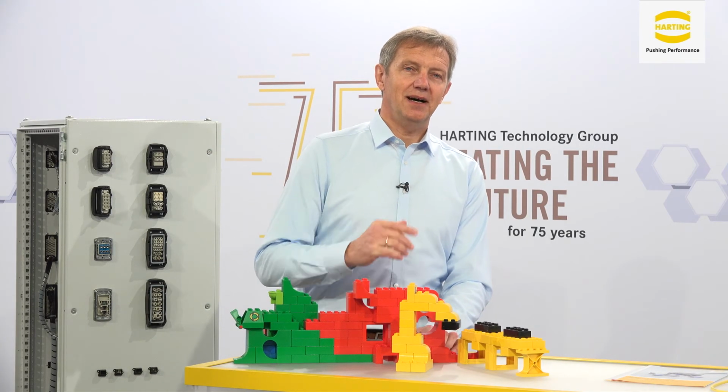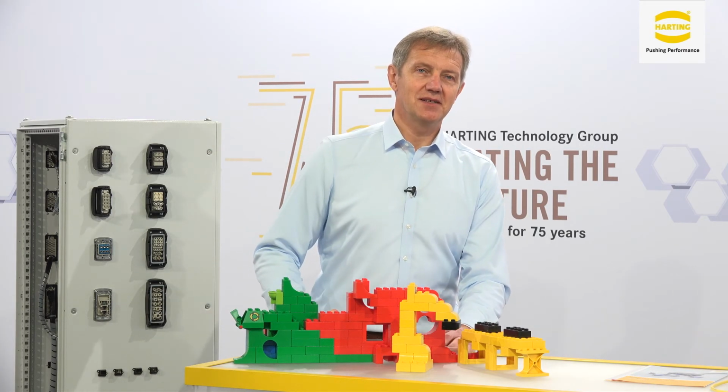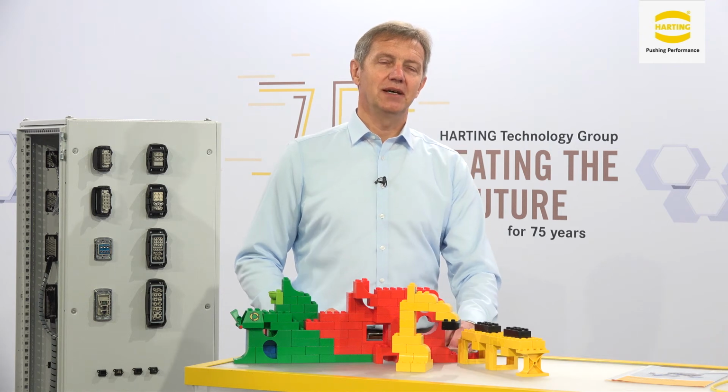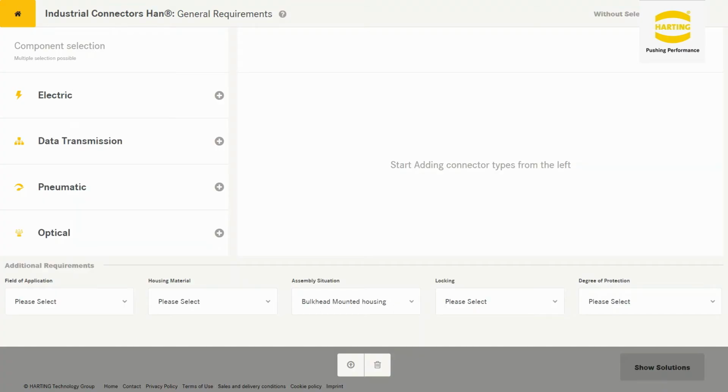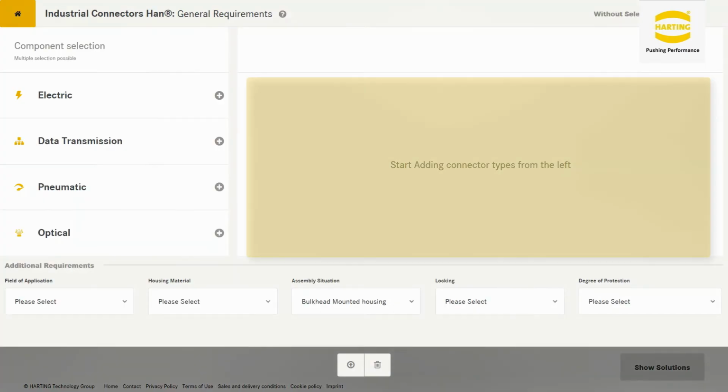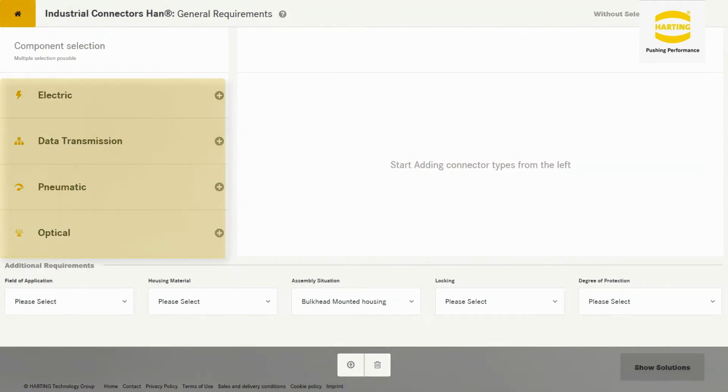Yeah, I see that we have already started this short overview. We have a configurator, as already mentioned. On the left side, you have to make your choice of what kind of connectors, what kind of transmissions you would like to have.